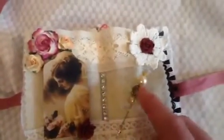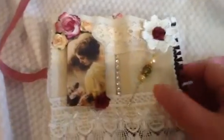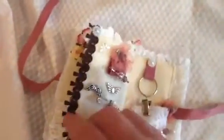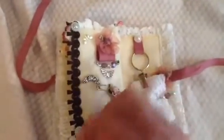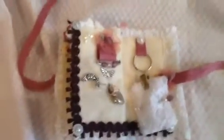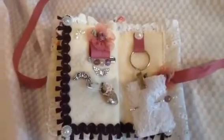Another little flower, another pin, with a smoky quartzy type bead. And then this page is just decorative. This trim here, I really like that actually. When I started at first I thought, brown, I don't know how I'm going to use that, but I think it looks really nice here. So yeah,